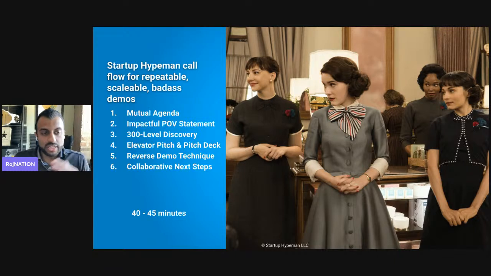And I'm going to go into each one of these points, but that's the overall structure. That's the overall call flow structure. And instead of 30 minutes, you're going to set those meetings for 40 to 45 minutes. If you're not doing that already, start doing that. It's going to give you more time, but perhaps best of all,